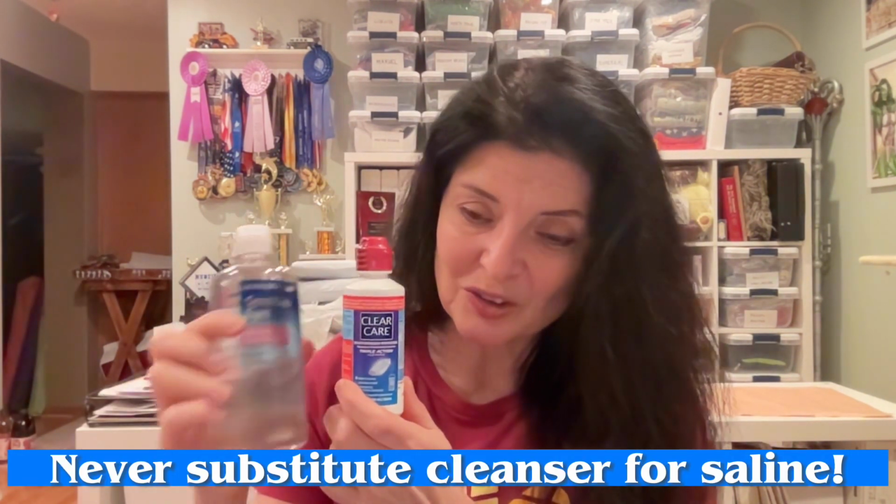It doesn't require a whole bunch of cases, but this is a very quick way to keep your lenses clean. If you have very sensitive eyes, my optometrist recommended Clear Care. You'll note the red, red, red. It's because there is hydrogen peroxide in this, so never, never, never mistake this for regular saline solution. If you flood your contact lenses with this,